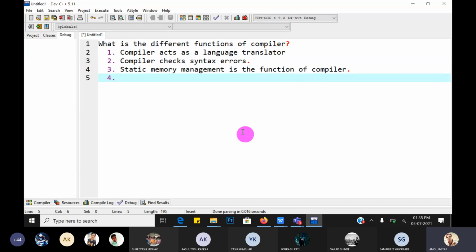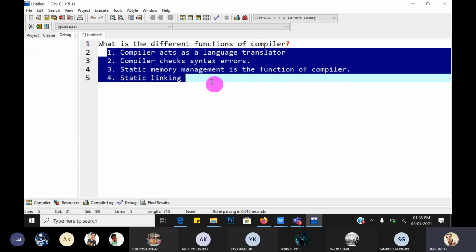And the fourth one is static linking. So these are the four different functions of the compiler.